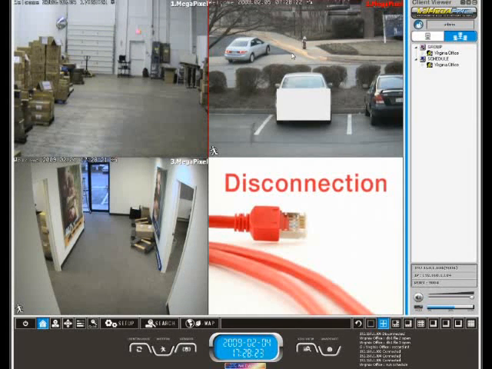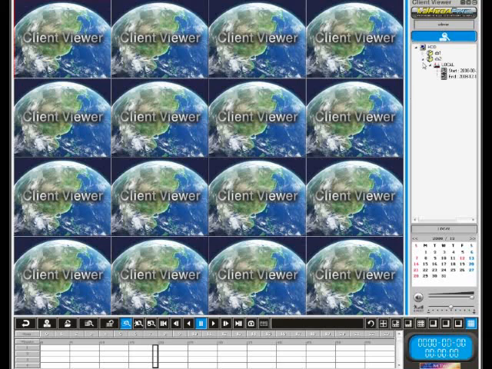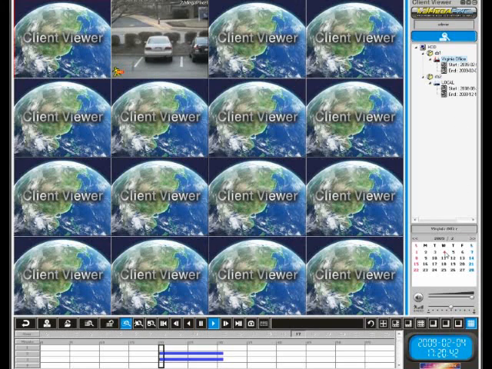The next function I want to show you is how to search with our CMS software. Go down to search and go to database and select the group that you want to see the schedule for. Once you have it highlighted, it should show up right above the calendar, and then the days that have recorded material will be bold. And once you select the day, the hours that have recorded material will be in bold,